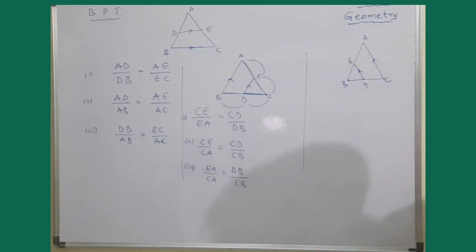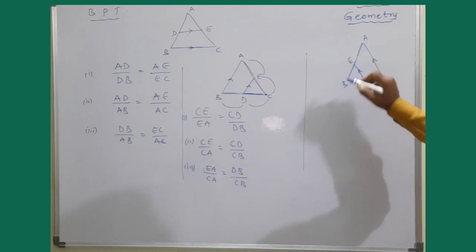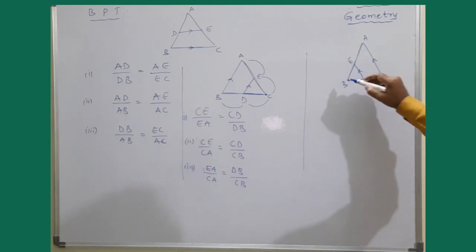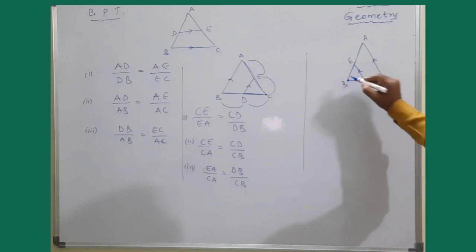So now also we can apply basic proportionality theorem. Since a line is parallel to the third side, I mean one of the sides, and which is dividing the other two sides, which meets the other two sides at distinct points, hence it divides the other two sides in the same proportion. So the other two sides are one is AB and one is BC. Hence we can start from this common point, no?